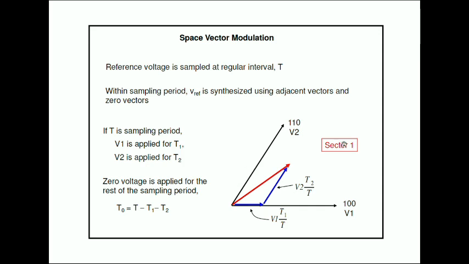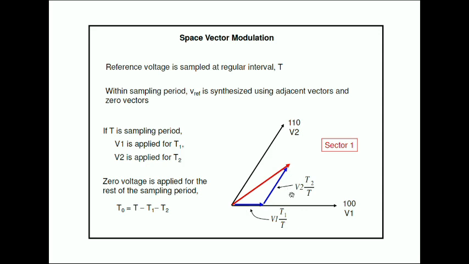In the chopper, when we discussed the chopper circuit, we said that for a time period T, the switch is turned on for T on time, and it is off for T off time. Then the total voltage in that time duration T is V into T on divided by the total time T, that is why this vector, we can see here.